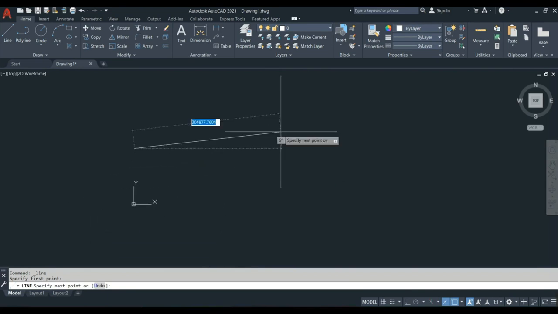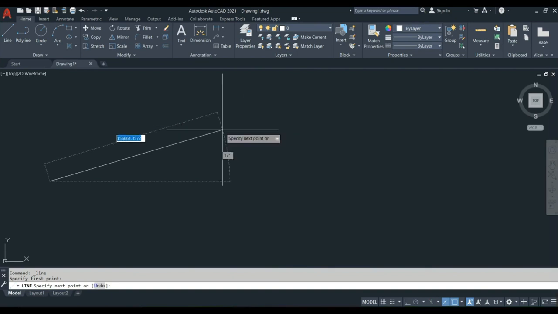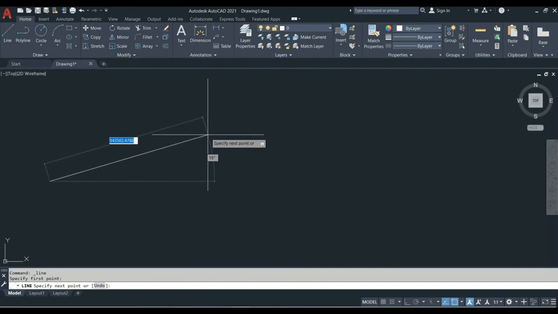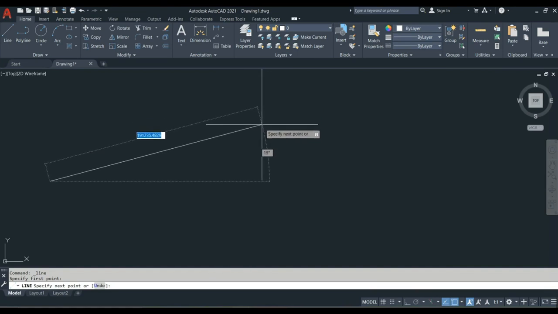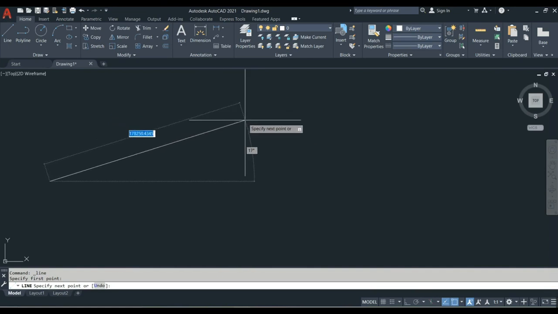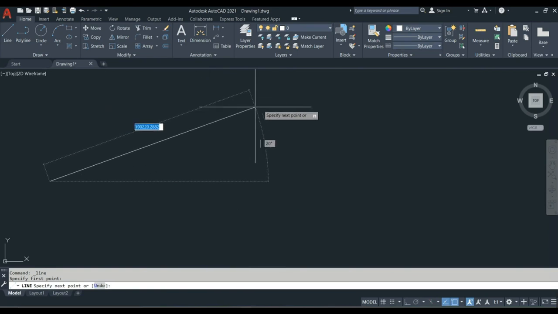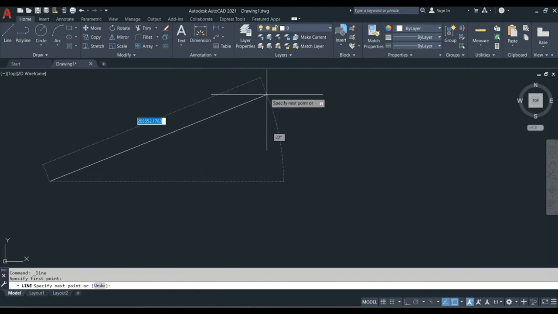Now I just have to click somewhere and my line will be created. Before clicking, you can see we have two options here. First is the number highlighted in blue, which changes as I move my cursor. This is basically the measure of the line that I will be drafting here. And second, we have this degree that changes as I move my cursor up and down. This is basically the angle of my line from the horizontal base. So I have the option to edit both of these.